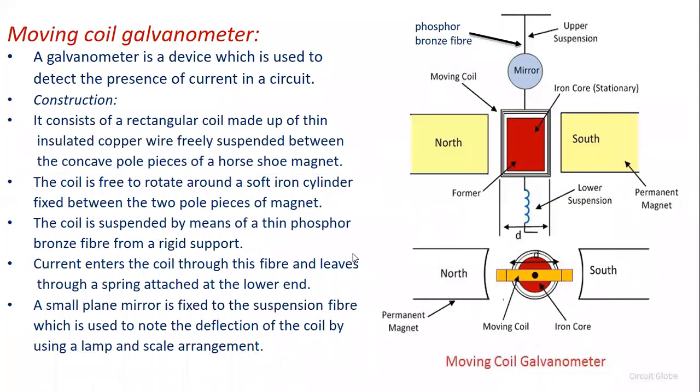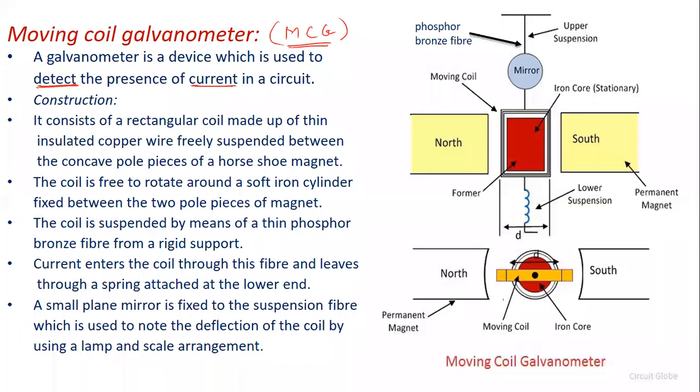Now, the next article, which we already started in the last lecture, is the moving coil galvanometer. It is abbreviated as MCG. In the previous chapter, in the current electricity chapter, we already learned how we convert this moving coil galvanometer into an ammeter as well as into a voltmeter. Here, the moving coil galvanometer is a device which detects current.